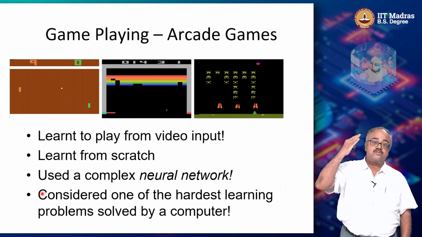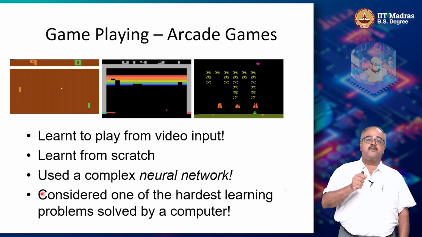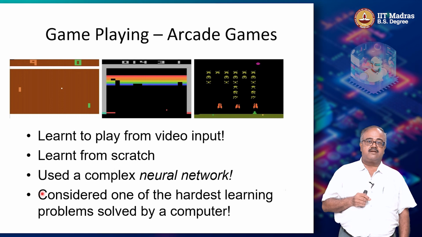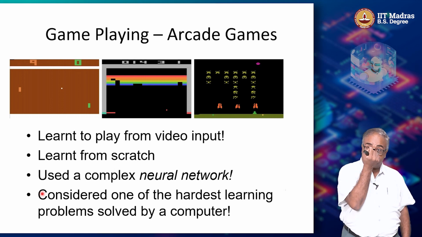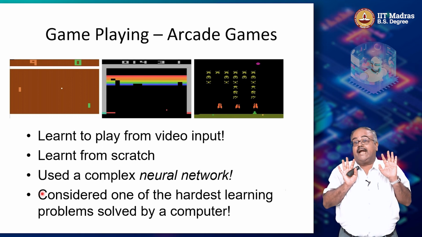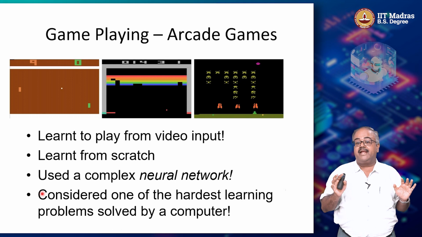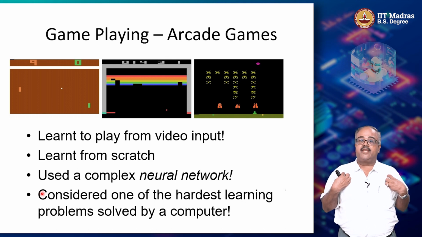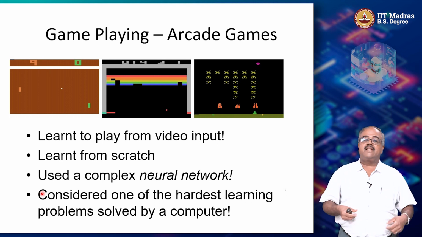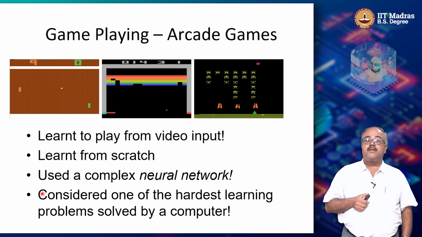So from there it has to figure out that, okay, if I want the pixels to move up, then I have to push the joystick up. If I want the paddle to move down, I have to move the joystick down, right? And it also has to learn things like that small dot there is actually a ball, and so on and so forth. Not that the reinforcement learning agent comprehends any of it in the way that you and I would understand how the game operates, right? But it needs to have some way of understanding the dynamics so that it can start learning to play the game well.